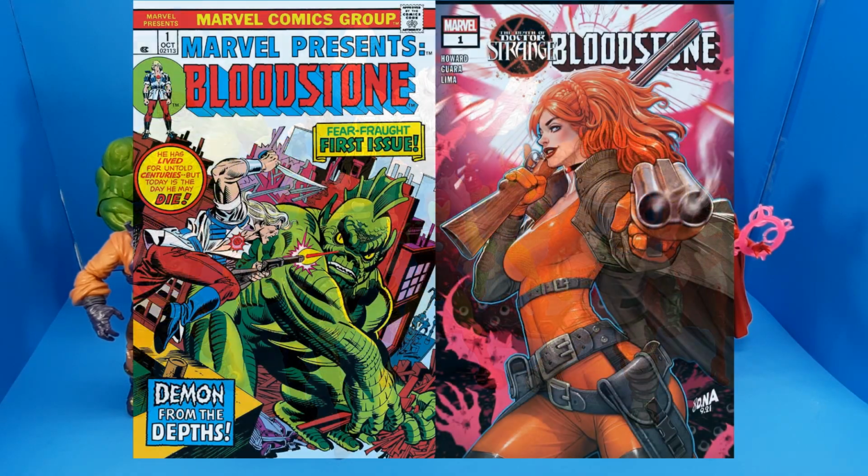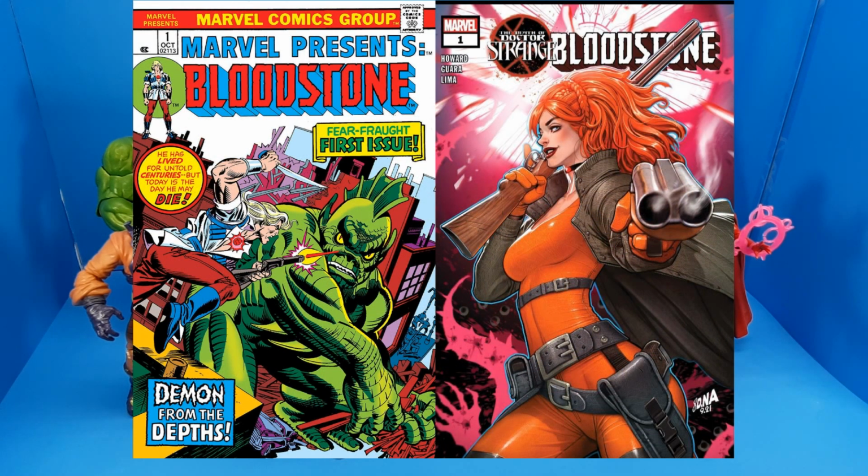Adjacent to the monsters, I'd like to see figures of the Bloodstone family, Ulysses Bloodstone and his daughter Elsa. Ulysses has only made a few sporadic appearances in comics over the years. Arguably his daughter Elsa is the more famous character due to her involvement with Next Wave and the Legion of